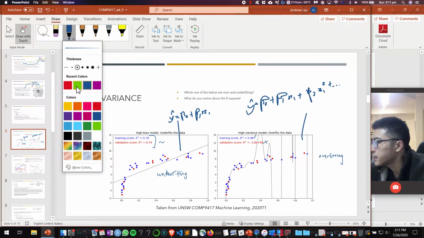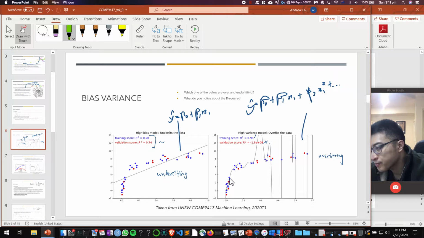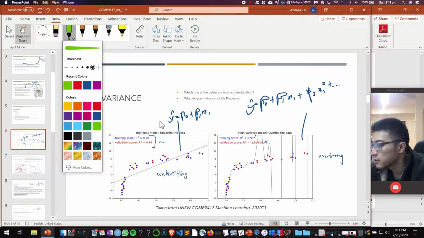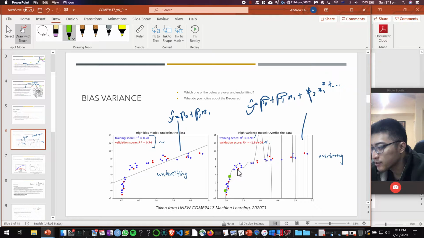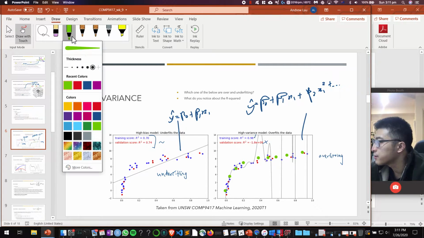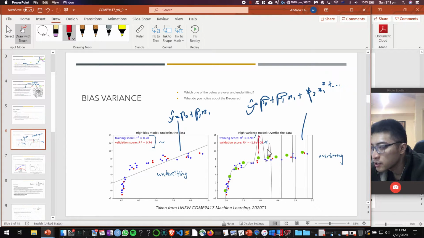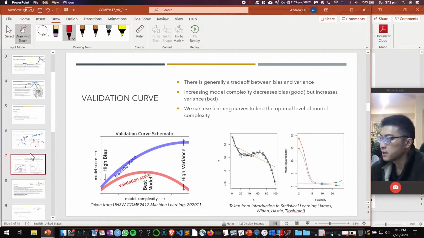And maybe the validation data looks something like this. And so where you get really thrown off is like here. This is going to give you a huge error. Here is a huge error, etc., right? Okay. The next thing we'll see in a bit when we look at the Jupyter notebook is the